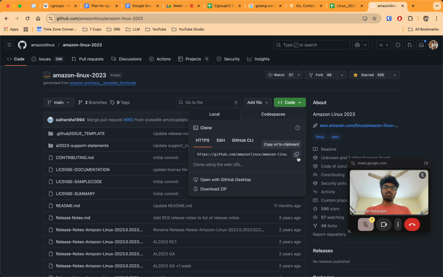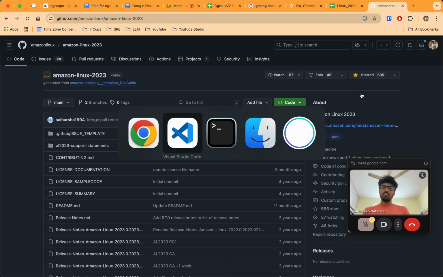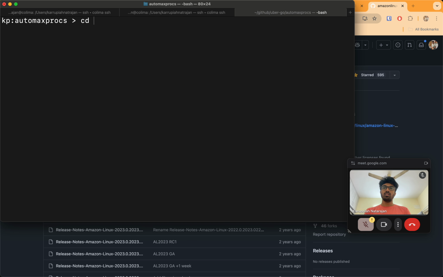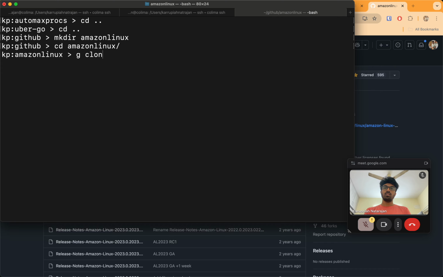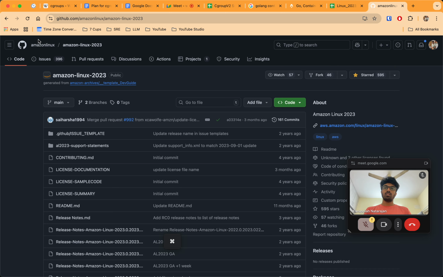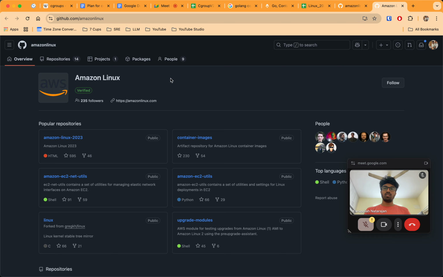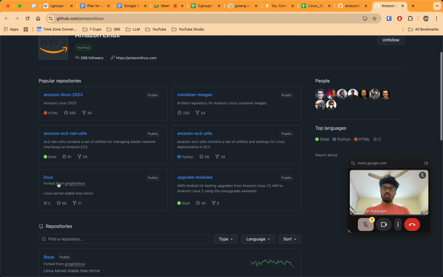Let me get the code for this. Amazon Linux, okay. I wonder what other projects they have. Container images, utils, Linux.